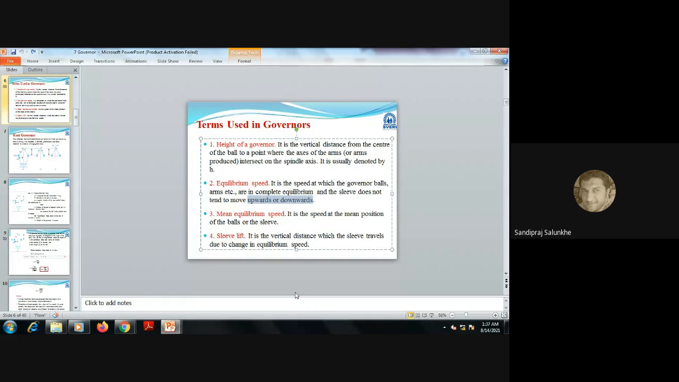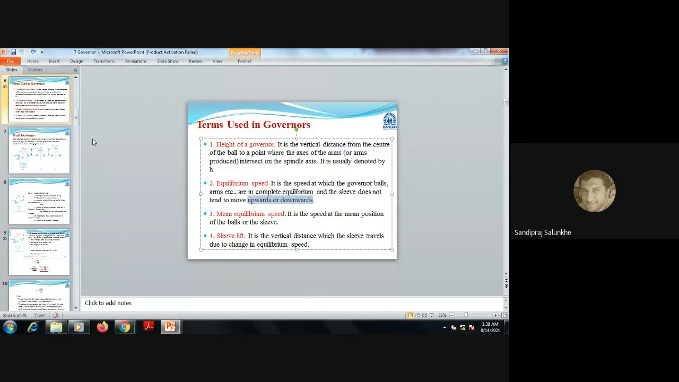Then mean equilibrium speed is nothing but it is a speed at the mean position of the ball. That is nothing but lowermost radius and uppermost, that is highermost radius. If you are going to make sum of that and divide by 2,